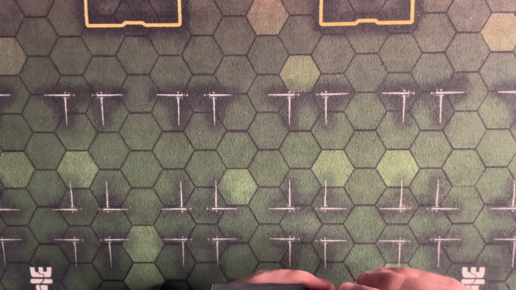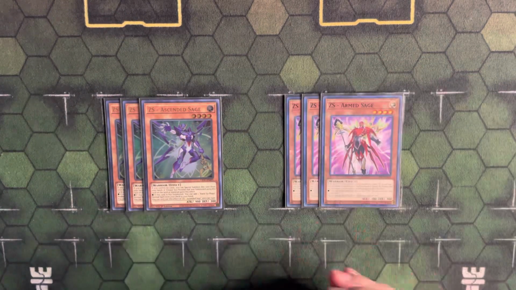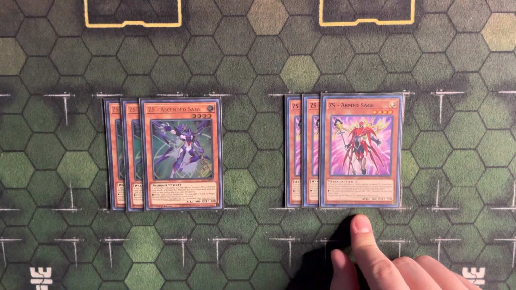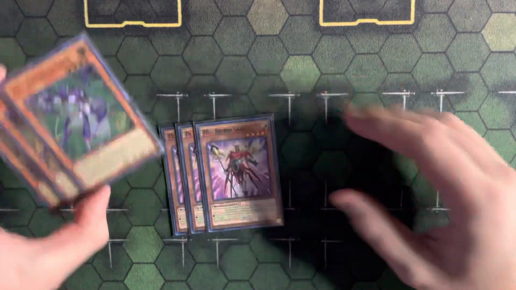Starting off, we play our ZS cards. We have our triple Ascended Sage and our triple Armed Sage. This is pretty self-explanatory. They're really good extenders. If you don't know what they do, this guy can summon himself if you control no cards. This guy can summon himself if the only monster you control is a level 4 monster not named himself. And they also have a condition where if they are used to summon a